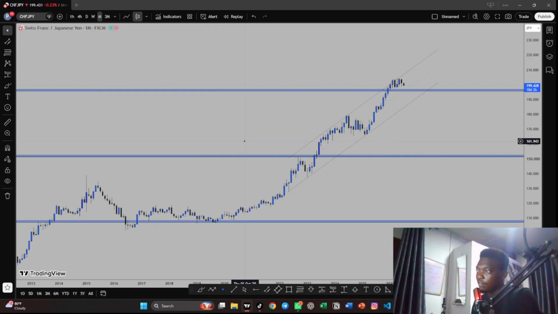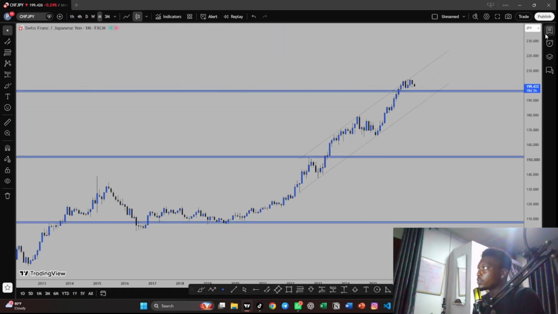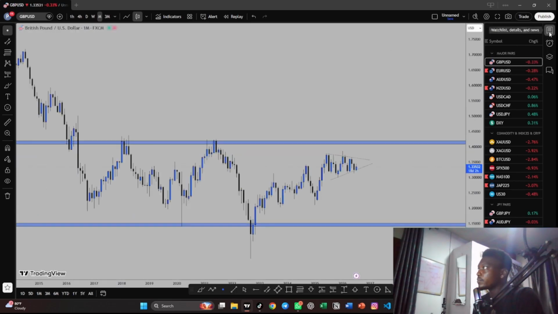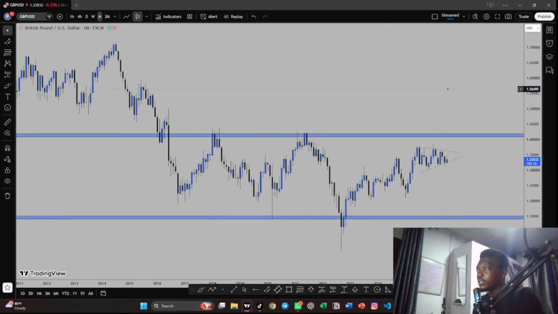You can see we have a beautiful trending structure in this particular pair. So let's just start right from the major currency. You already know, if you have been following me, I only trade the major pairs, the commodities and indices, and recently I just added the JPY crosses. So starting with GBP USD,